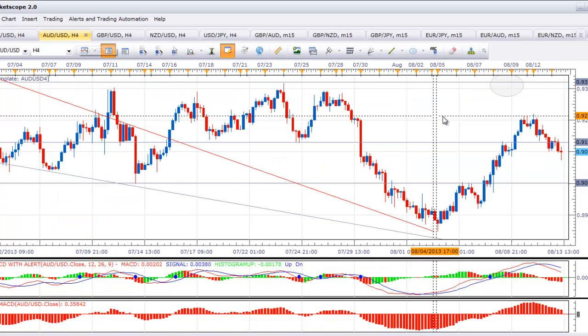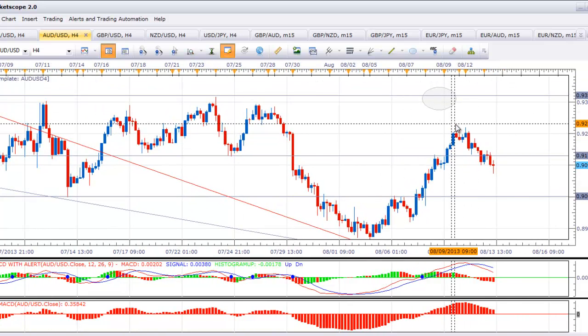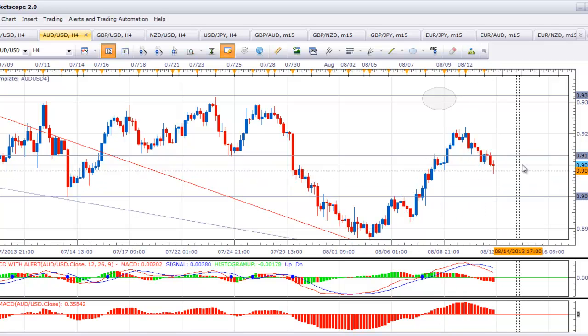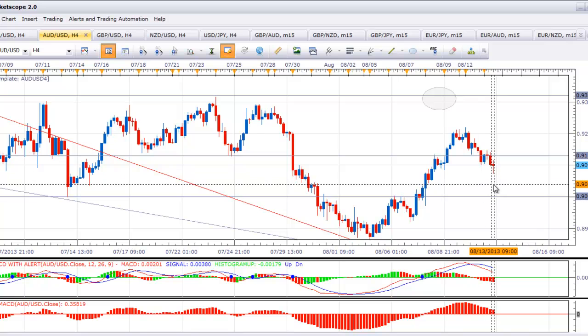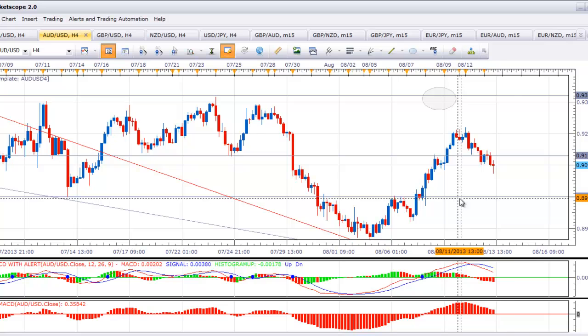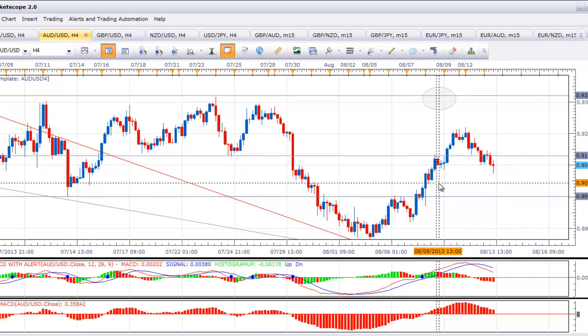Now the Aussie, on the other hand, this pair also broke lower after pushing much higher, but it doesn't have that much of a conviction on this 4-hour candle. Basically, it looks like it could just be a spike lower, so we're going to have to watch that. We could get a push back up to the 0.9130 area, but we are below the 0.9130 area,